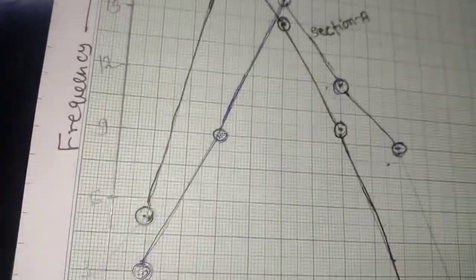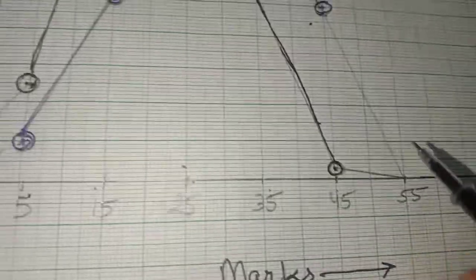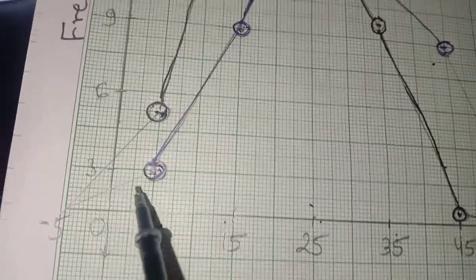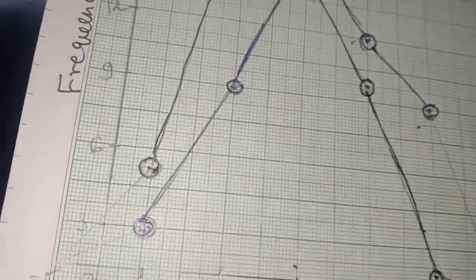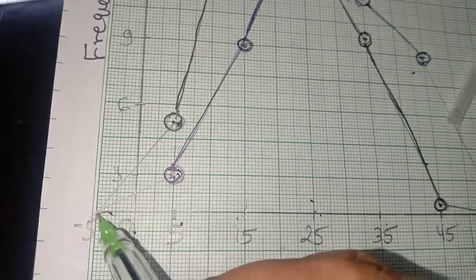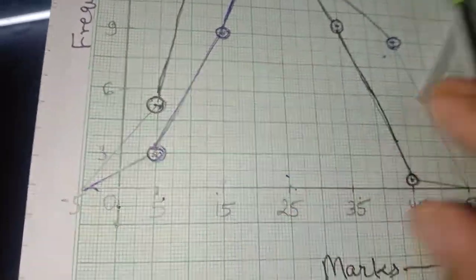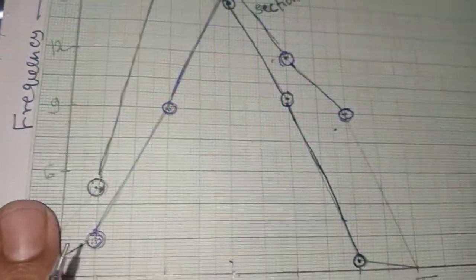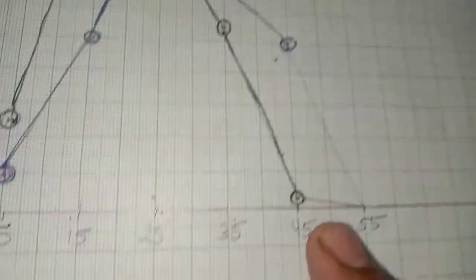And if you want to close the graph, the graph is starting from 0 to 10. So 0 to 10 means what? We cannot consider any frequency 0. So we will just proceed. After 0 comes -5, so the graph will start from -5. This portion is not necessary. If you are drawing just the given values, it is okay.